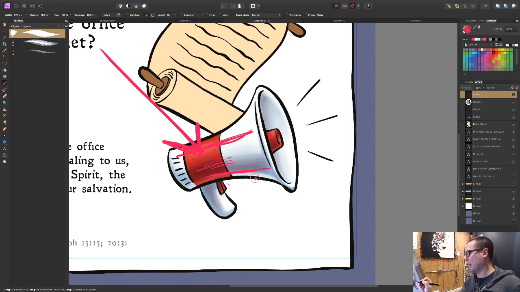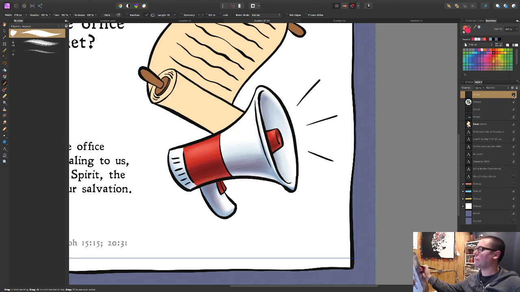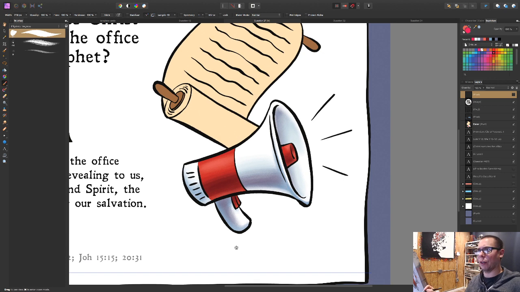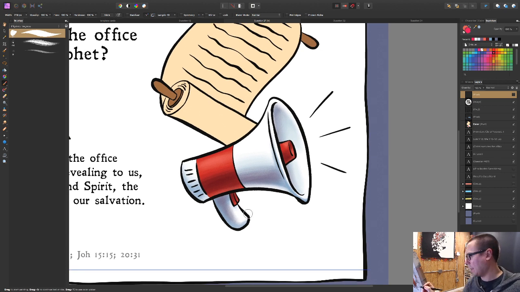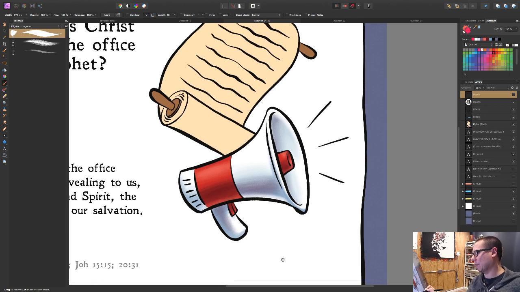But then I like to add this reflective light right here. To me it almost makes it glow a little bit, but it gives it more of a 3D quality. I don't know if it's artistic preference or what, but then I just think of where the shadows are gonna fall. Like, I should probably have more shadow on this handle right here if the light's coming this way, and more light right here.